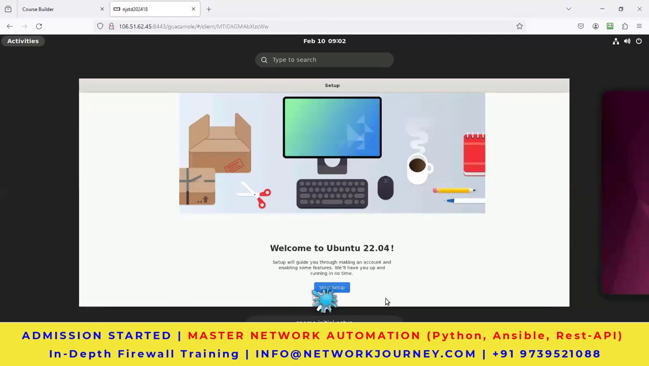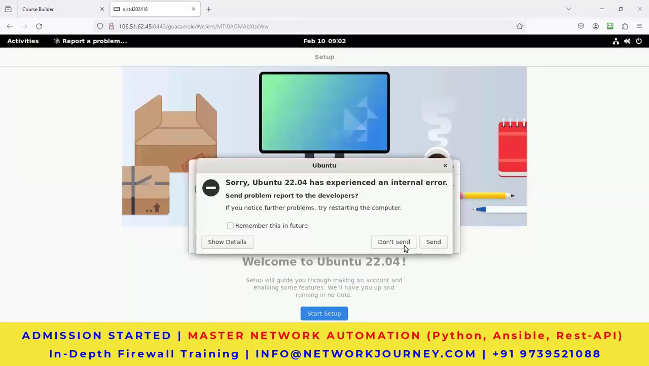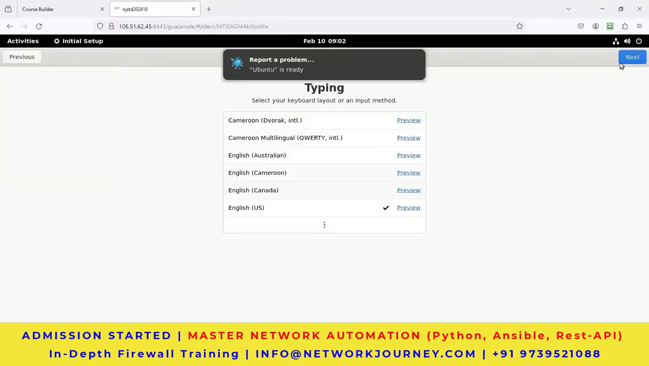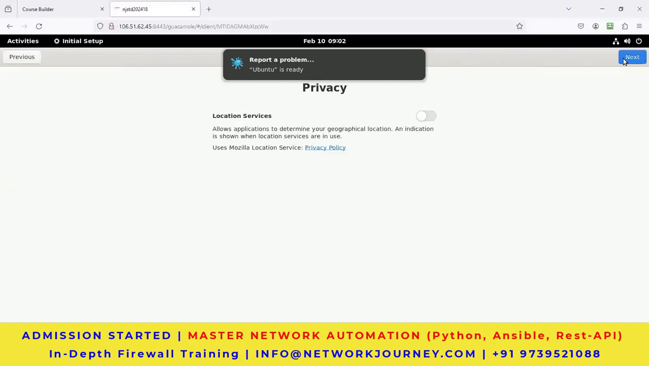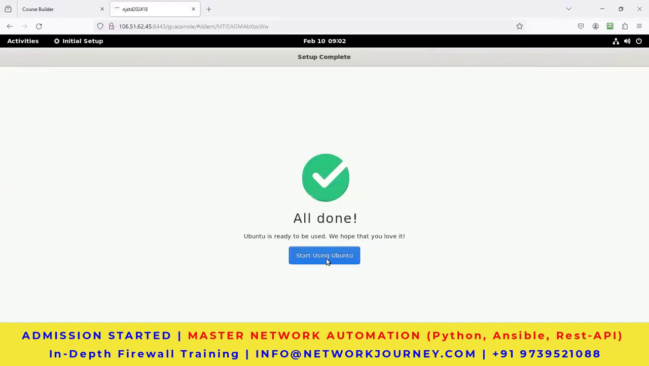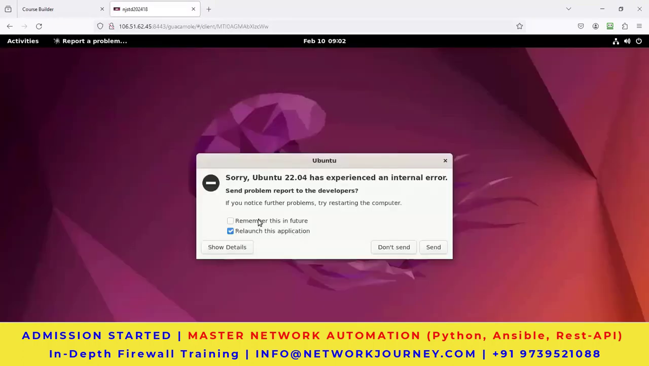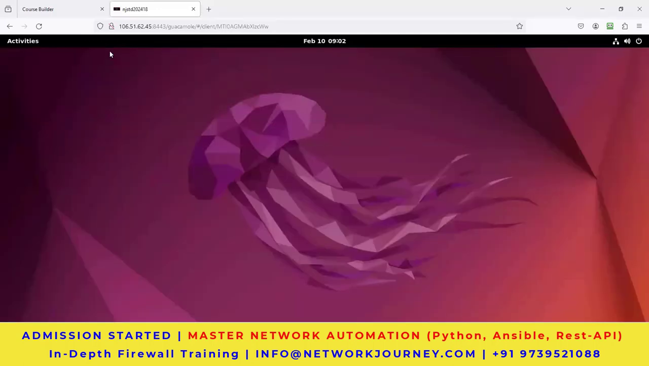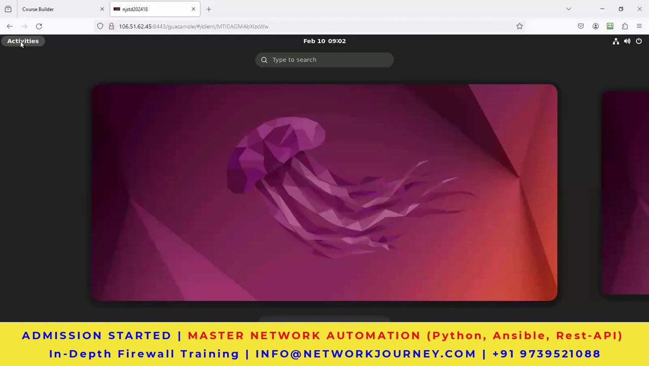Next, you can simply finish this setup if it asks you a couple of times. So let's say English, next, skip, and start using Ubuntu. You can close all this: don't send, cancel, close. Okay, this is how the desktop would look. Go to Activities, which is on the left-hand side. There is a browser which you can see at the bottom. Click on that,